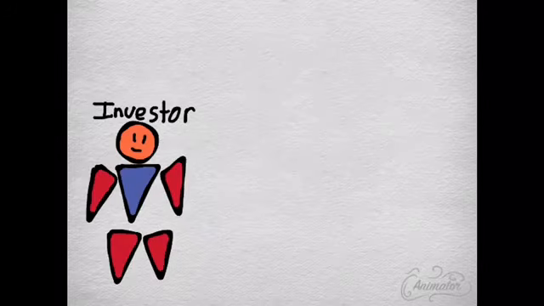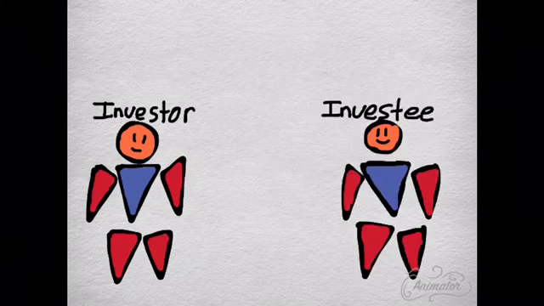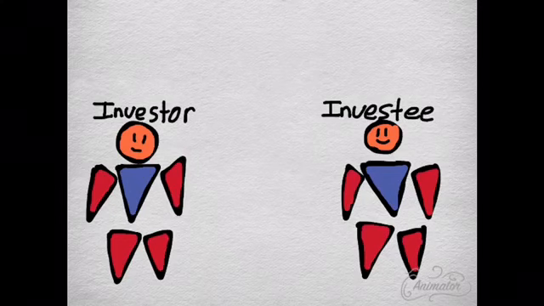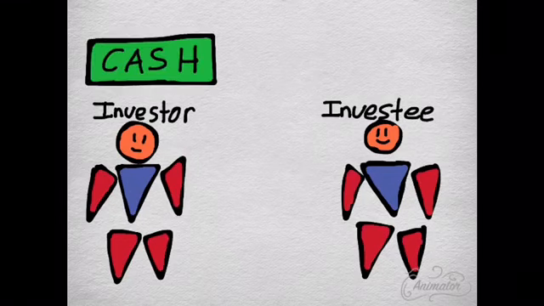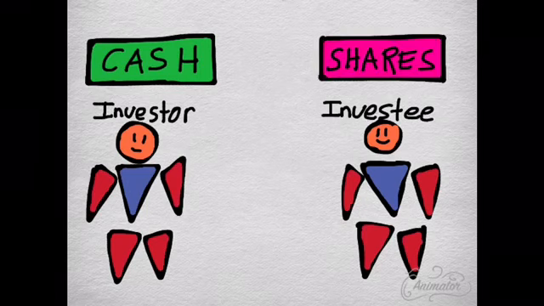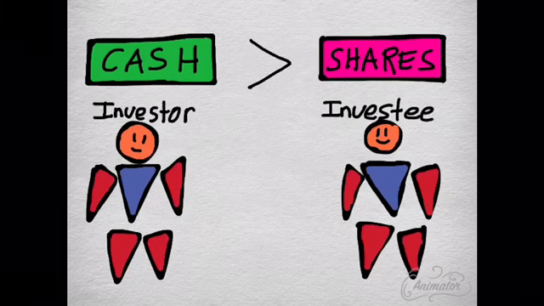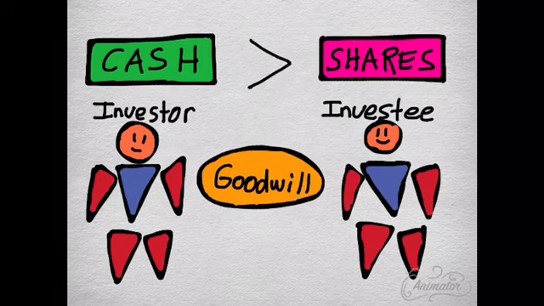Investments in associates. This is the continuation of our previous video, which is equity securities. So let's say we have two parties right here, the investor and the investee, and the investee sold his shares for cash to the investor. This time, there will be a possibility that the amount of cash paid by the investor is higher than the amount of the shares of the investee. By that, we would recognize goodwill.